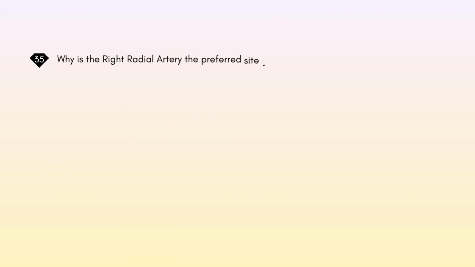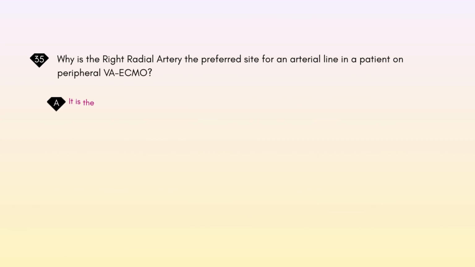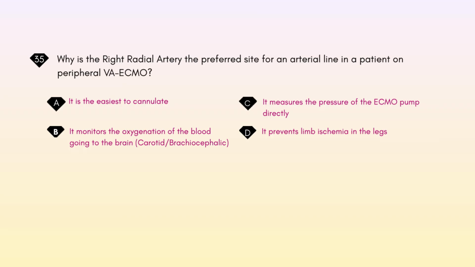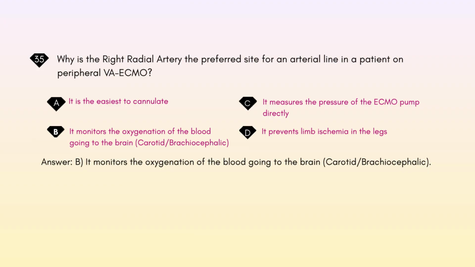Why is the right radial artery the preferred site for an arterial line in a patient on peripheral VA ECMO? A. It is the easiest to cannulate. B. It monitors the oxygenation of the blood going to the brain, carotid/brachiocephalic. C. It measures the pressure of the ECMO pump directly. D. It prevents limb ischemia in the legs. Answer: B. It monitors the oxygenation of the blood going to the brain,